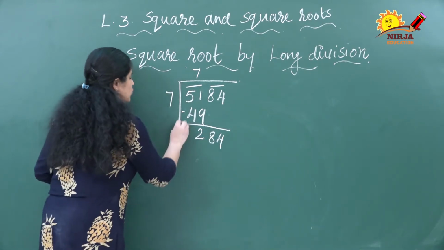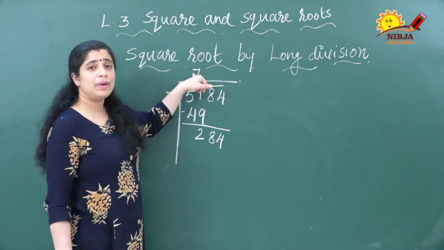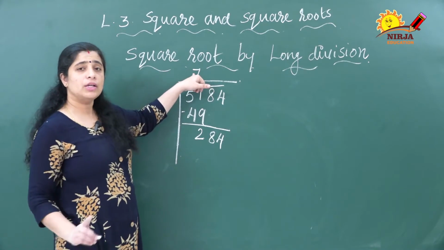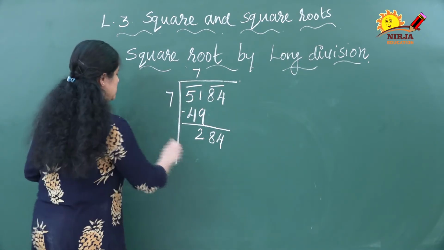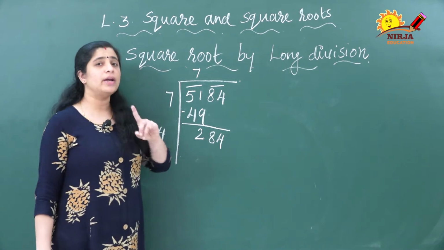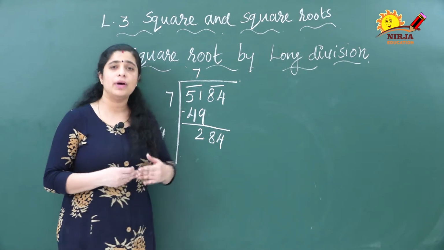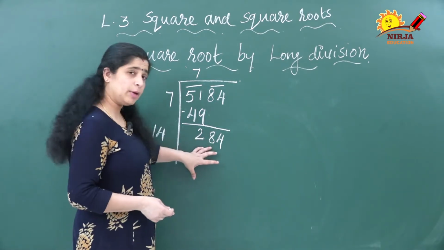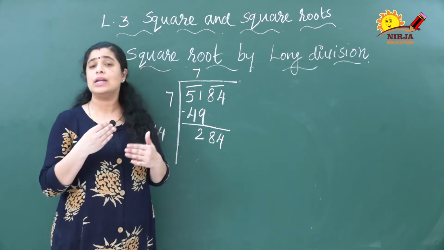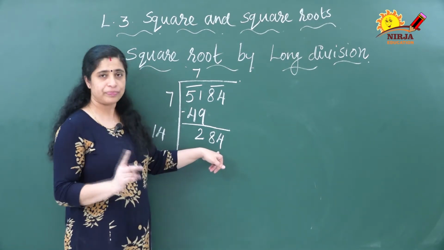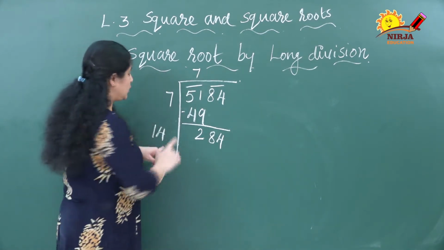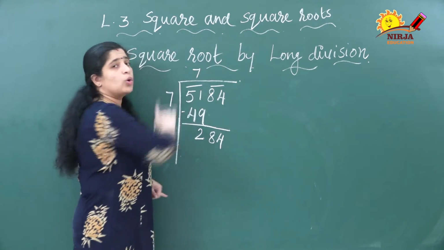Now what you have to do here is multiply the quotient by 2. Then 7 twos are, yes, 14. It is not the divisor, you have to take one number here. That means a suitable number you have to take so that you will get the same number or the number nearest to this number. For this you have to do a little assumption. See here it is 4. Already I told you that this number and this number should be same, the number that you are taking here and here also.